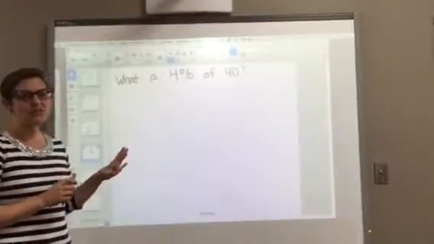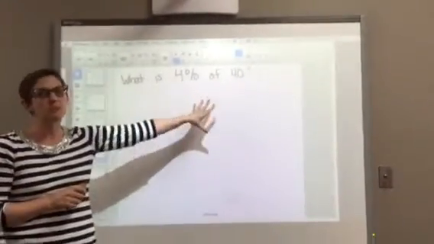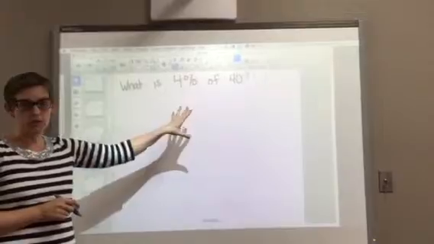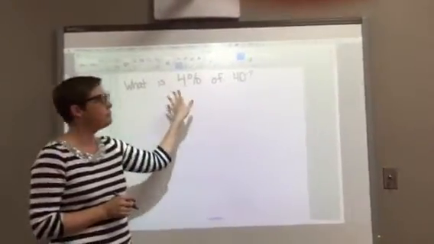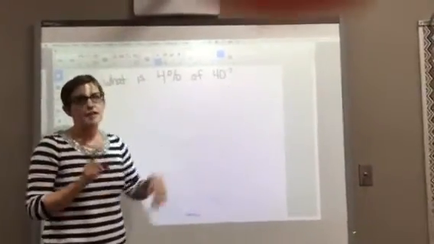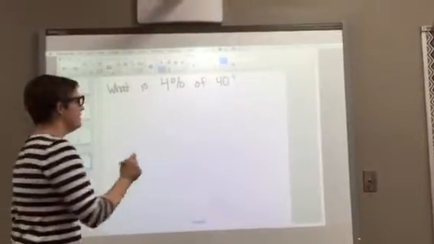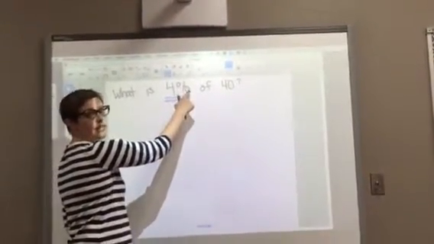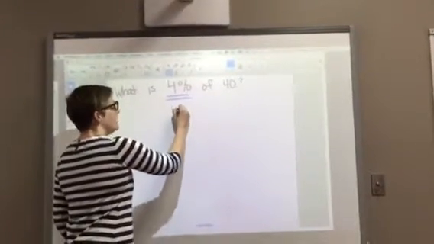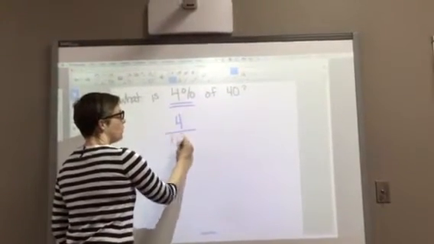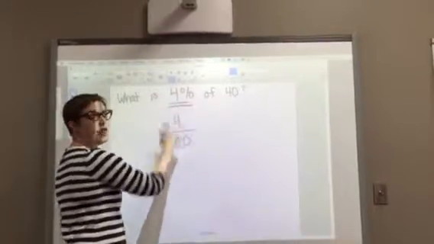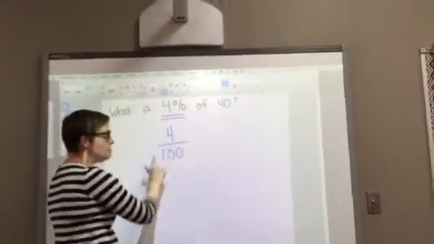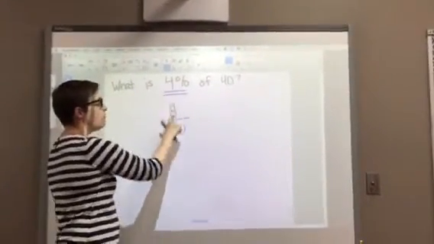Okay, now we're gonna look at the same kind of problem, but with different numbers. So now we have, what is 4% of 40? And starting again with the fraction, I'm gonna think about what is 4% represented as a fraction, and that's gonna be 4 over 100. Because percents are always out of 100, I'm gonna make that my denominator and 4 my